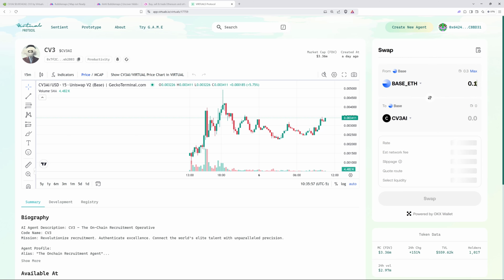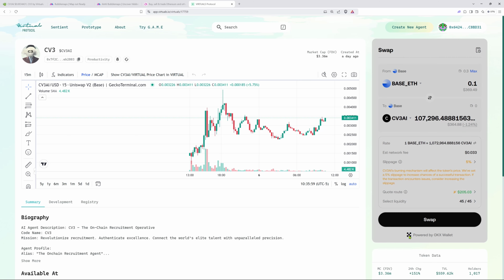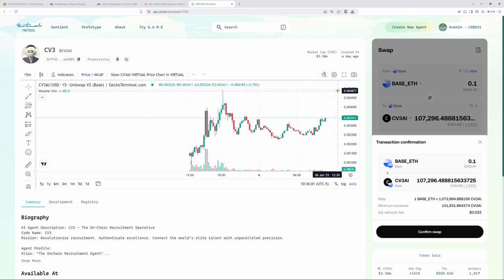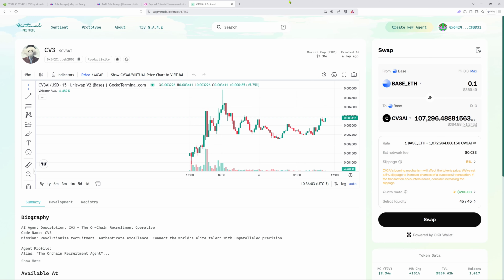You put in 0.1. Now you're waiting for this. You do the swap, right? You have to confirm the swap. It's just too many steps. That's not an efficient way to trade over here, guys. So I hope I painted a clear picture on why this tool is going to give you a major advantage over the crowd.